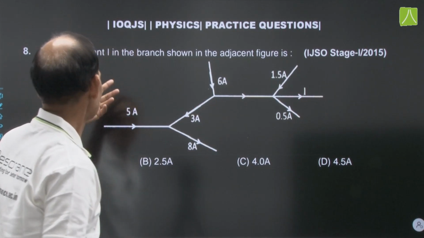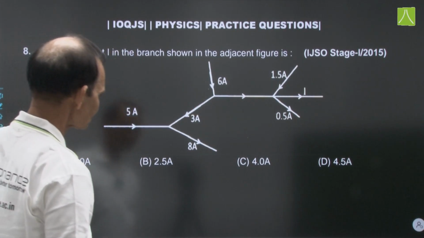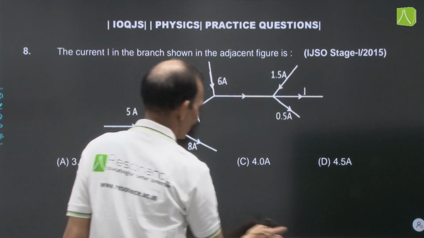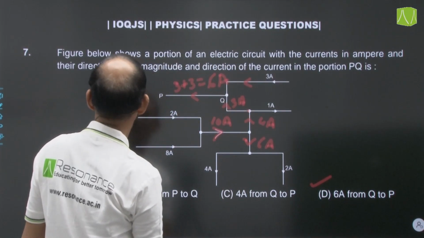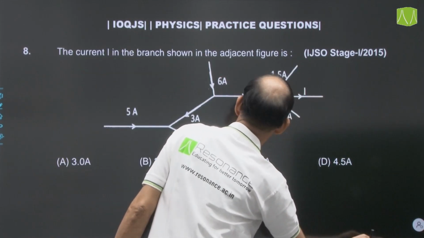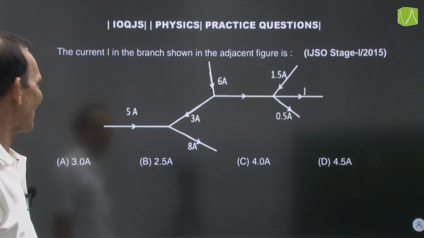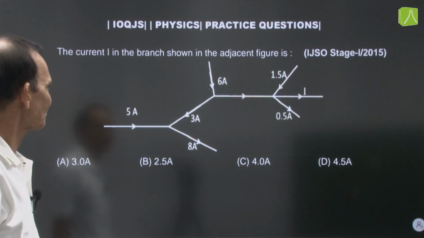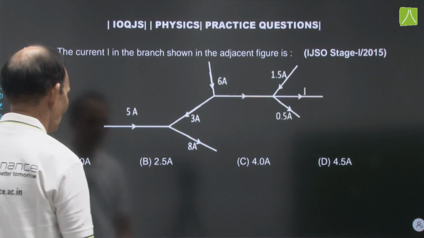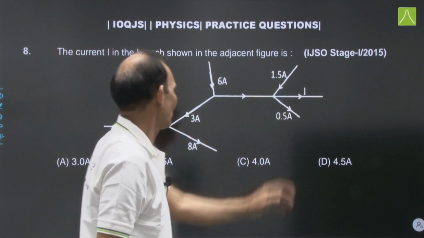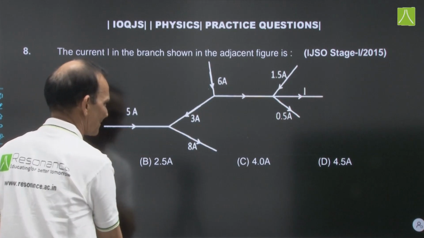Question number 8. This was question number 8. Okay, it is question number 8. The current I in the branch shown in the adjacent figure is, adjacent figure. आपको current find करना है, you have to find the current I, इसकी value find करनी है. तो यहां से current कितना जा रहा है, 5 ampere,